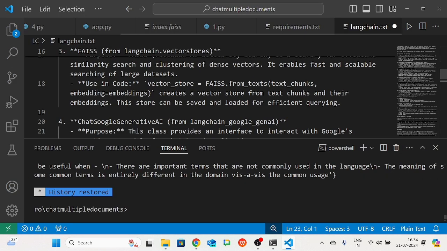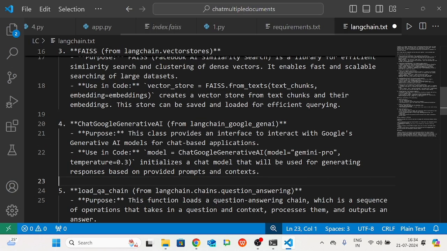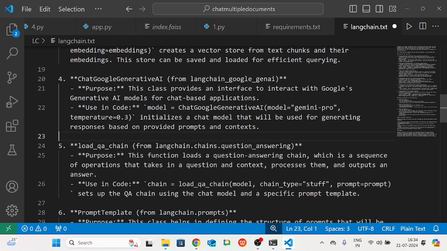Let me see what is written here. Let me close the terminal. The purpose of this class is to provide an interface to interact with the Google Generative AI model for a chat-based application. A very simple thing. It provides an interface for us. It provides the model information and temperature, so we can have a proper interface for the chat-based